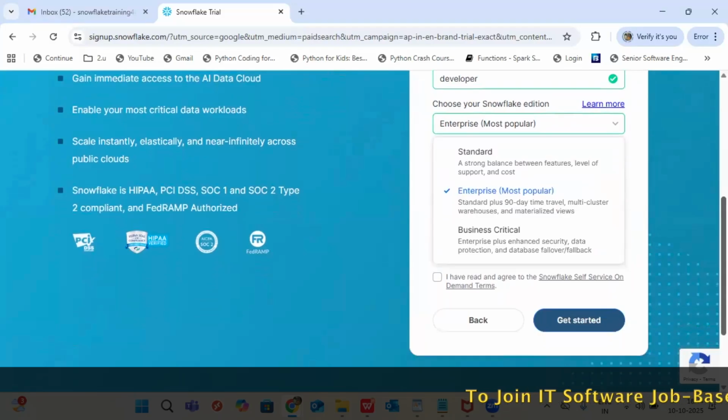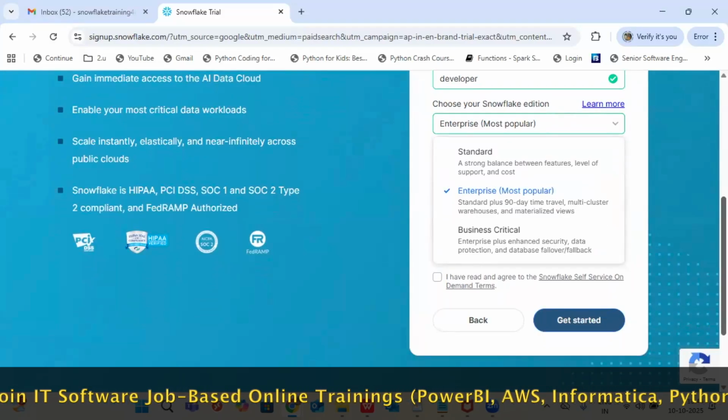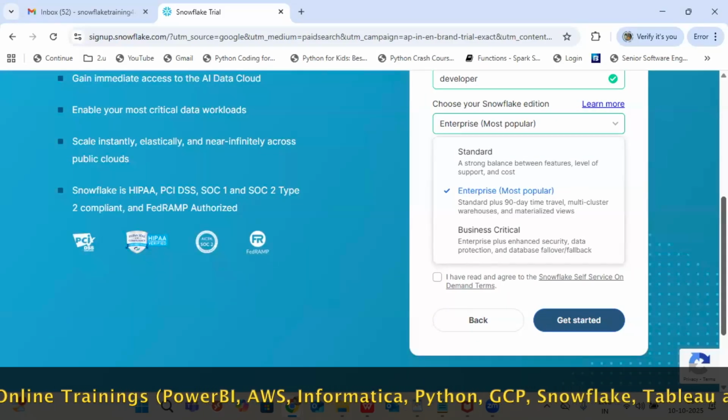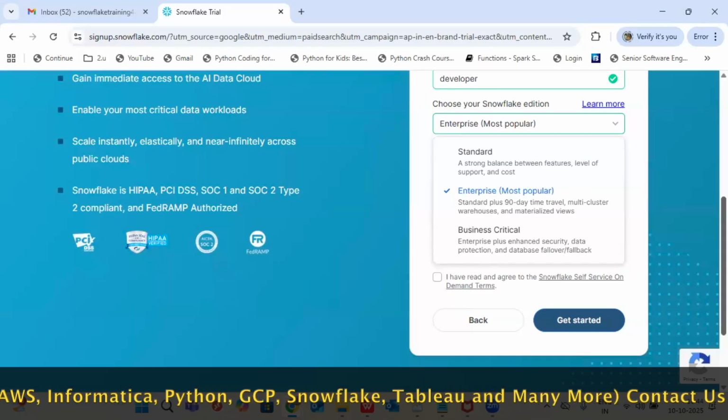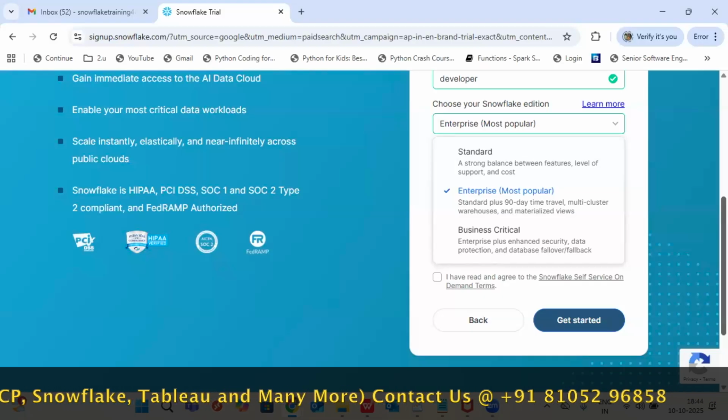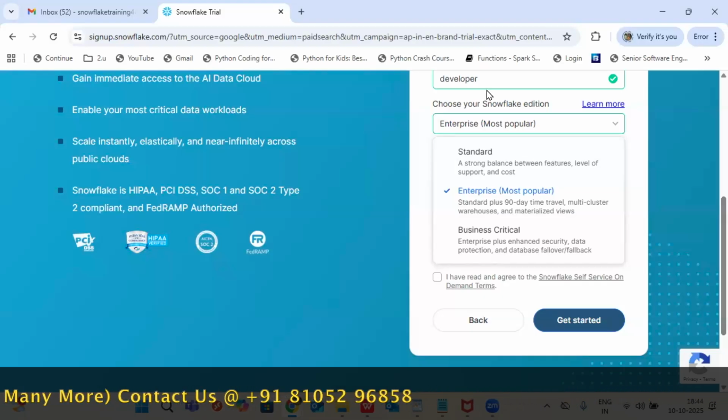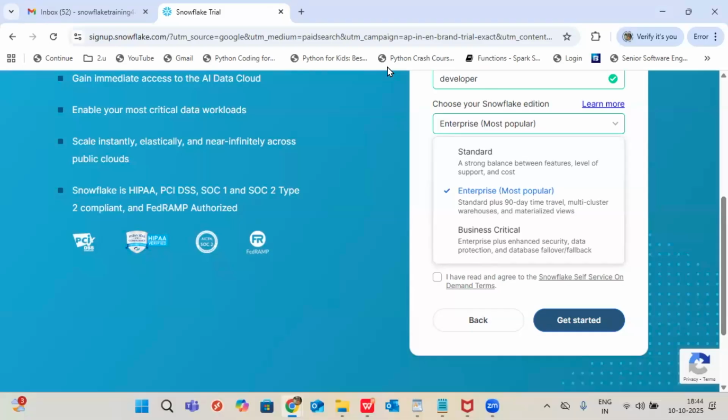Those who attended my previous class, I already explained something there. Again, I'm repeating a little bit on this. In Snowflake, we have editions only. Generally, with Python or other cloud providers, you will have versions. Am I right? You won't have editions, you will have versions. Here we are following editions. That is the reason you won't get any information like you have to upgrade your account. In Snowflake, nobody will talk about version upgrades, because we are completely working on the